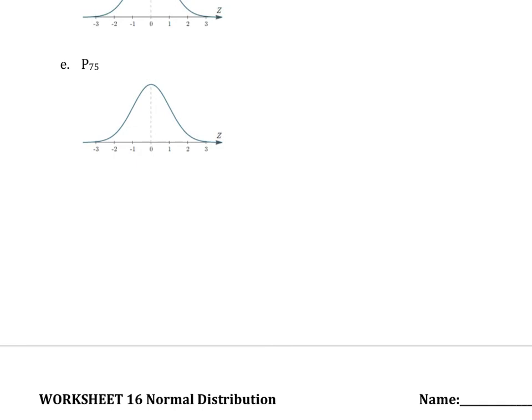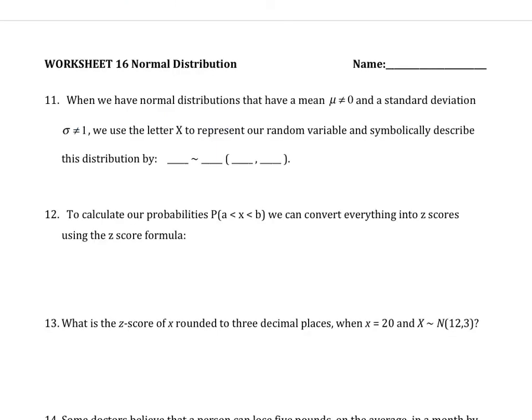All right, we're back at number 11. So this is a more realistic case. So far we talked about the case where we have 0 as a mean and 1 as a standard deviation, but in real life it's not the case. Like for example, if I look at your exam scores, the mean is not equal to 0 and standard deviation not equal to 1, right? The mean is probably like 70 or 80, something like that. So what if that's the case?